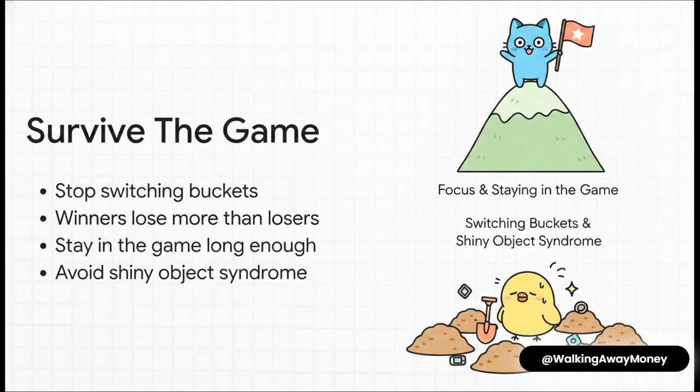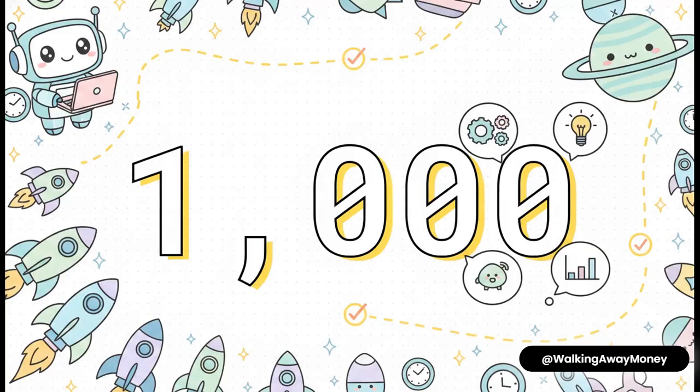You really have to accept that winners actually lose more often than losers do. They just keep pulling the lever until they win. You need to commit to exactly 1,000 days of absolute laser focus on your single chosen business model. Yep, 1,000 days. Don't stop. Don't go checking out that next trending post. Just document your journey and execute every single day. This one habit will skyrocket your probability of success more than any specialized software ever could.